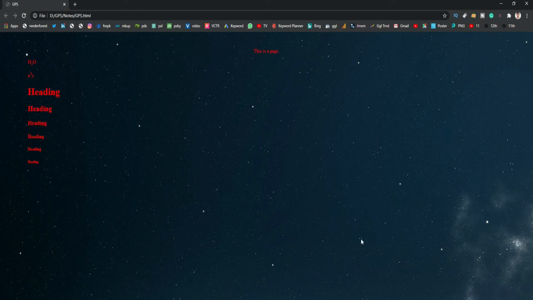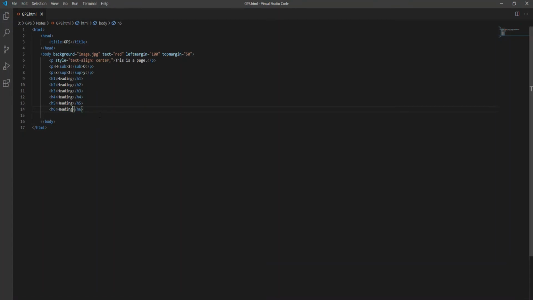Now go back to the coding, and let's suppose we want to insert a table in the web page. How can we insert a table in the web page? There are two different types of lists we can use in the web page. There are two different types of lists available in the HTML language. The first one is the ordered list, and the second one is the unordered list. How can we use these? First of all, we are talking about the unordered list.